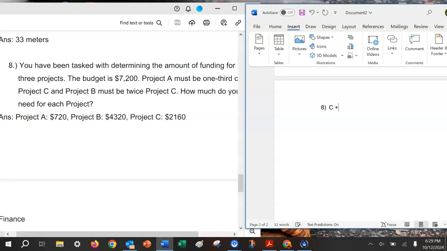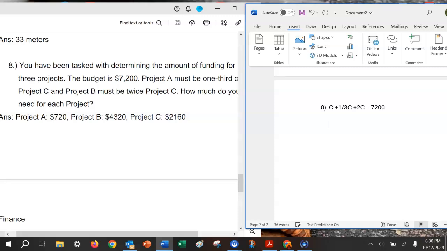So we'll add Project A to it, but A we can represent as 1/3 of C. And Project B is twice C. And altogether we get 7,200. So what I've done is I have the one unknown, Project C, and the other two are based off of that. So instead of saying C plus A, I say C plus 1/3 C. Now I've got the same variables,